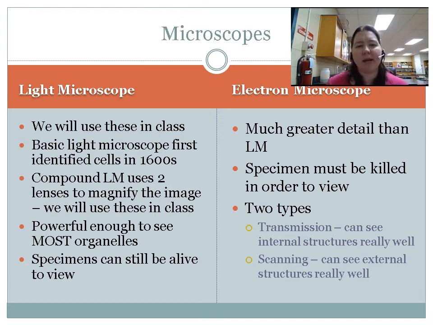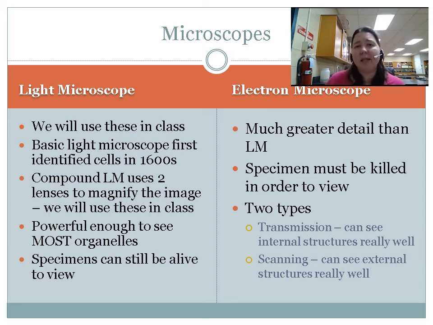So the big thing about light microscopes, they were first used to identify cells in the 1600s. They've gotten much better, much more high tech, but they are still kind of the same. They use light and they use lenses. We're going to use the compound light microscope, so you'll see that. It is powerful enough to see a lot of organelles. Ours isn't. For the most part, we will probably see the nucleus, cell wall, cell membrane, and maybe some other little things in there. But those are the big 3 things that we'll be looking at.